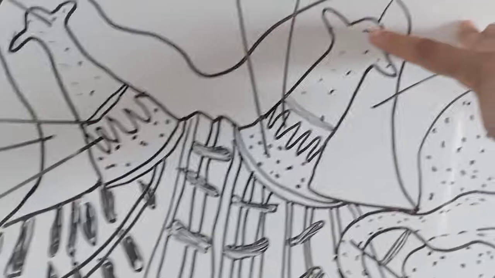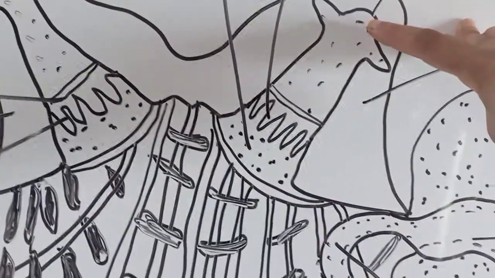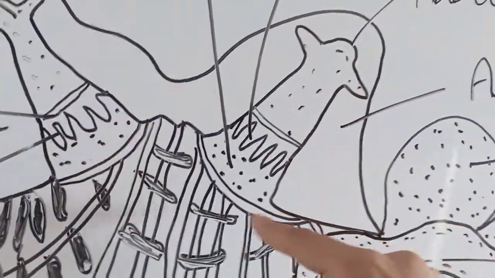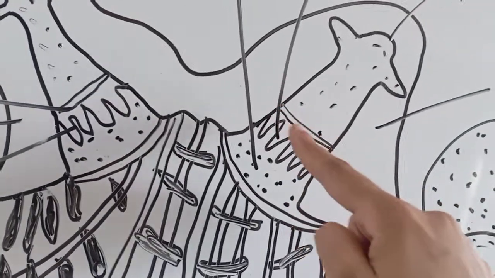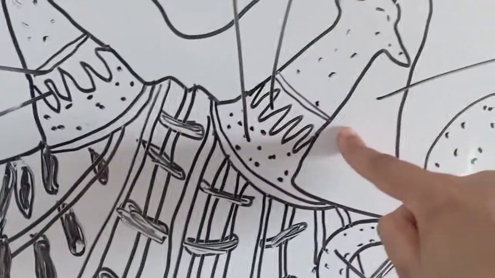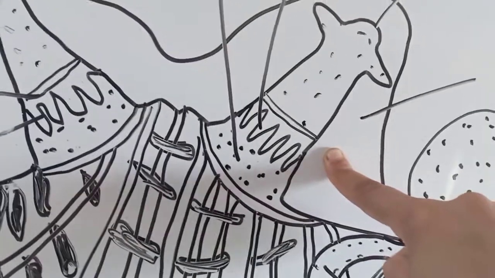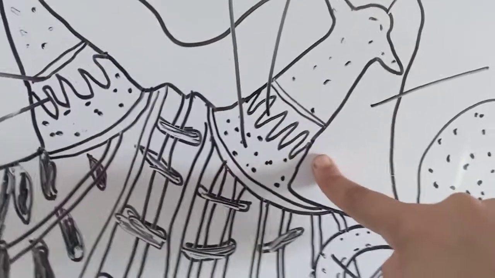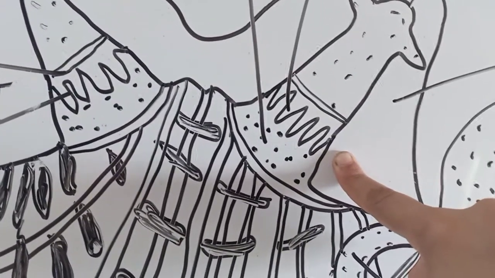This is the atrial aperture and posterior. You can see posterior, and this atrial aperture is present in the atrial siphon. In this also sphincter muscles are present. These are the sphincter muscles that help in closing and opening of the anus or cloaca. And after this sphincter muscle, there are some tentacles.